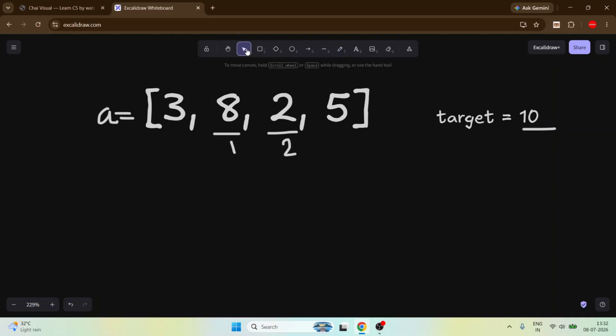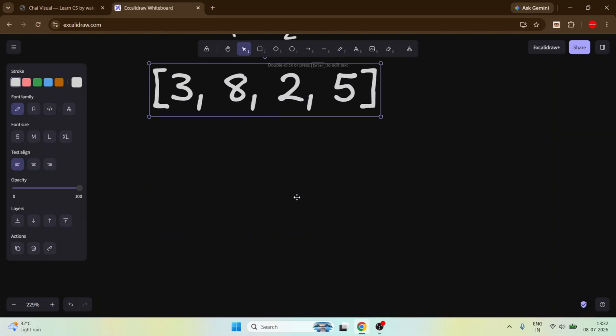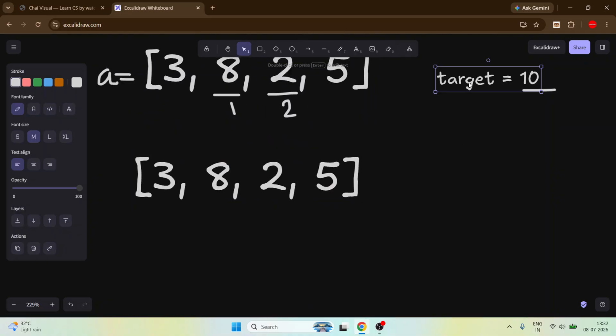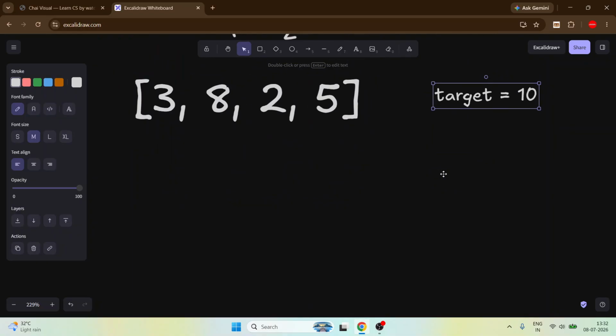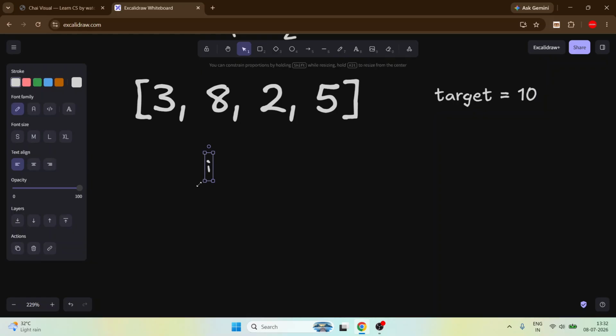What will be the brute force approach? Take all the pairs: use two loops, make all the pairs, and match each sum with the target. Take a loop i and start it from the starting, and take a loop j and start it from the i plus 1 index.